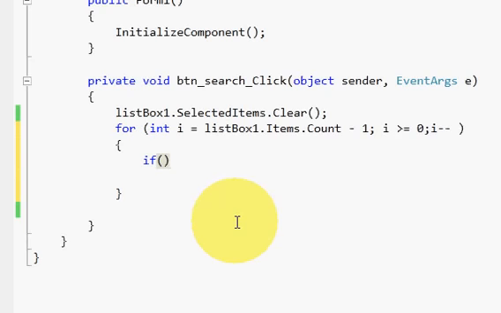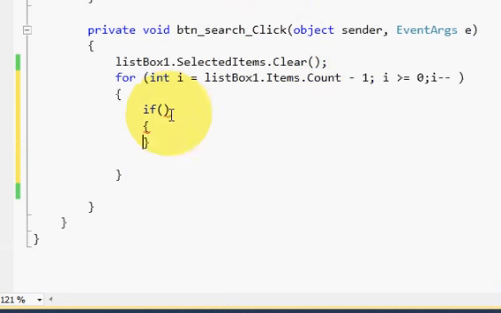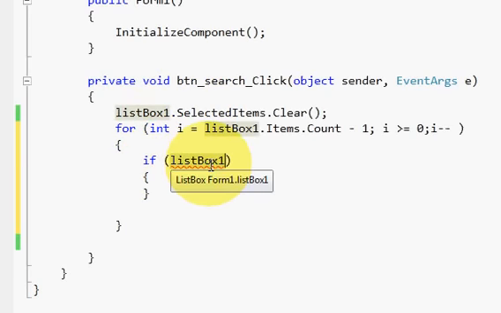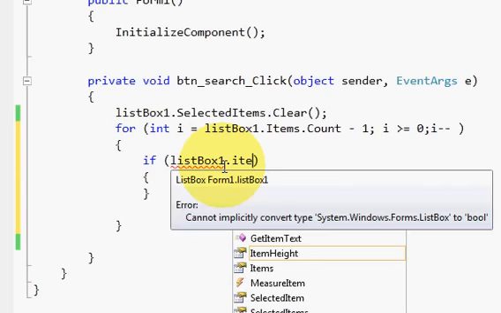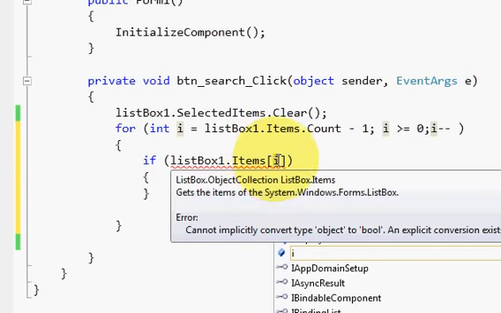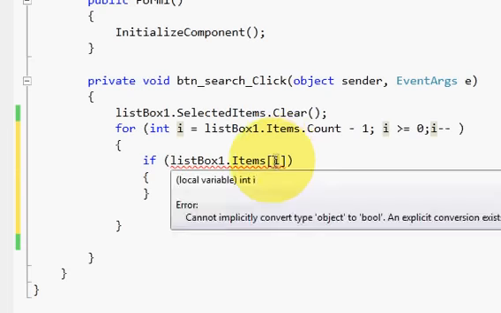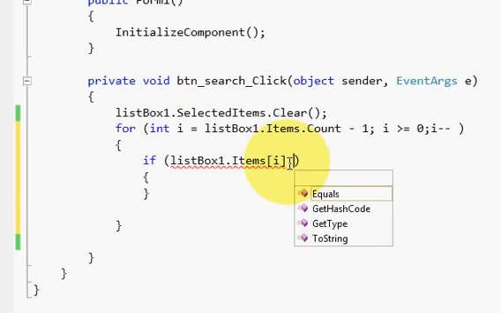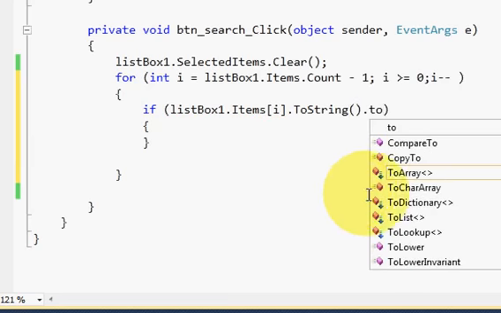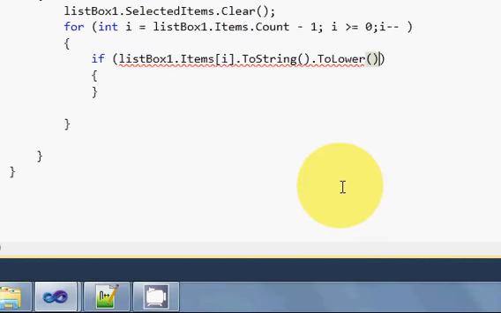So if, bracket and bracket closed, so this is our if statement, and in this if statement we will once again copy our list box name, dot items, and because we are searching each and every item, so we will write items, and inside the square brackets write i, which is this i, dot ToString, dot ToLower, dot